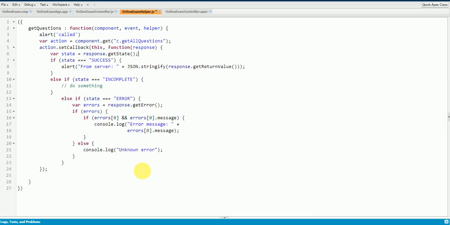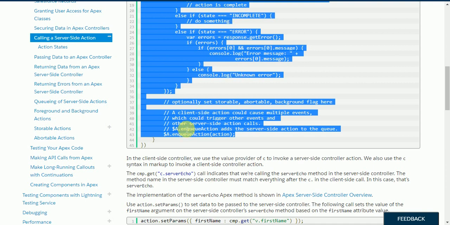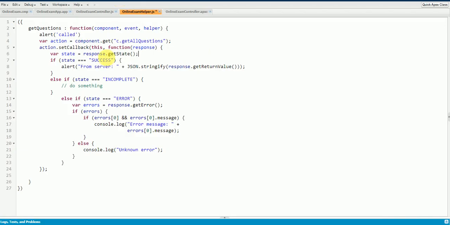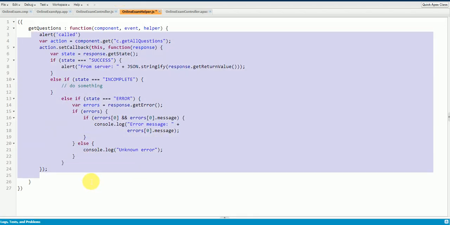I think while checking here, you can see the enqueue action is missing. That's the reason we are not getting the proper response here. So maybe I forgot to copy the whole thing here. It's my mistake. Sorry. Now I got it, what's happening here. So I'll just replace the code again.